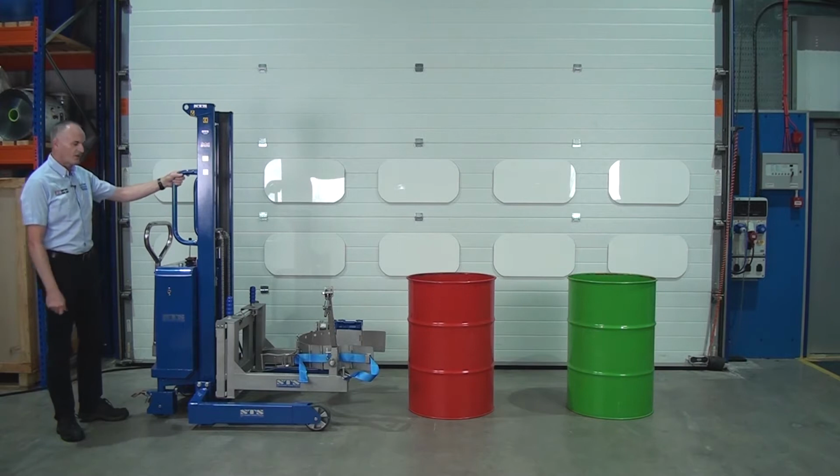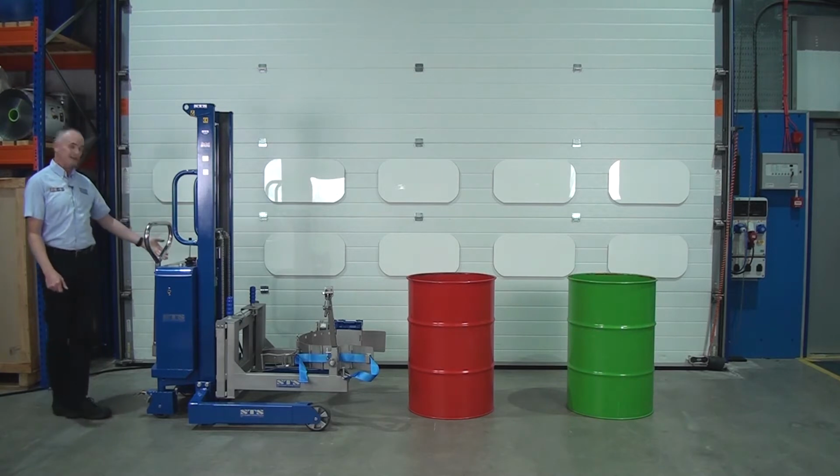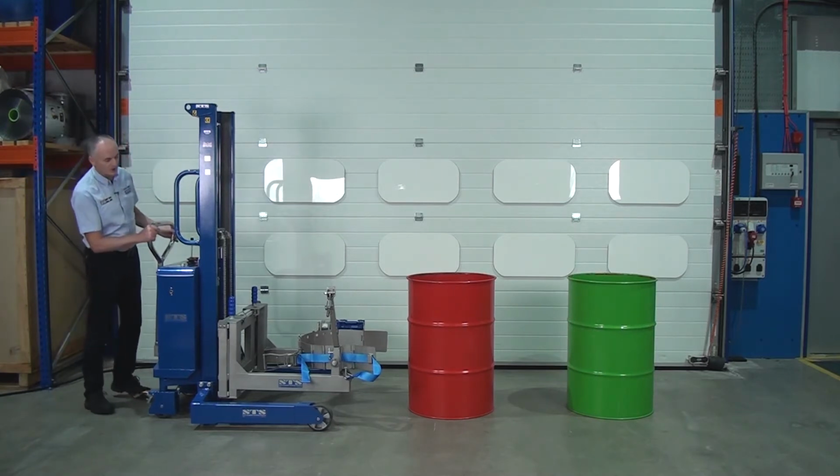This unit is one of our EX drum rotators, so it'll lift drums and tip them in a zone 1 environment. It's pneumatically powered, so we plug an air line in to power the lift. So push the unit forward,